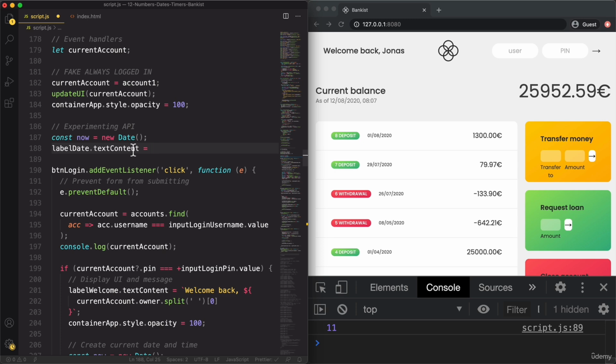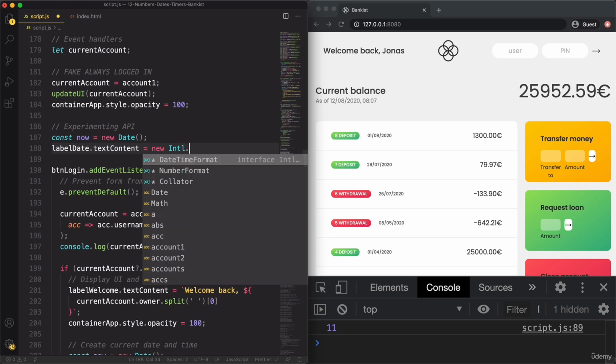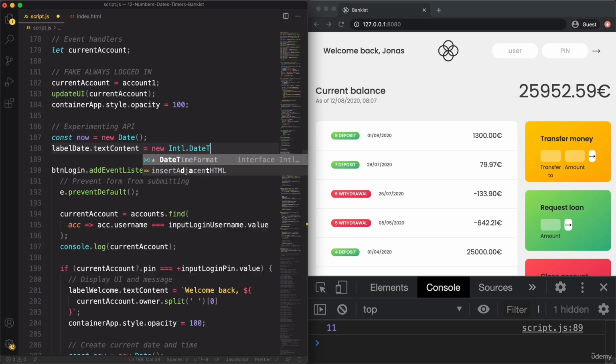So we want to set this text content property here to something. And we want to set it to a formatted date. And so let's now use the internationalization API for that. So that's new. And then Intl. And so that's basically the namespace for the internationalization API. And then for times and dates, we use the .DateTimeFormat